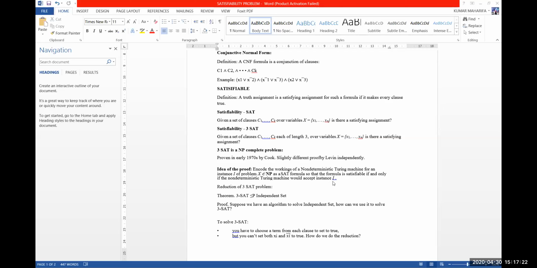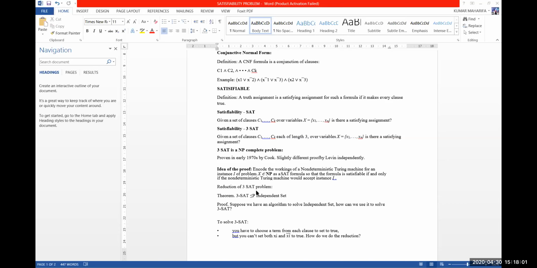Okay, so we are just going to take one particular CNF formula and express that in the form of a SAT formula, and we are going to check whether it is satisfiable or not. So remember, our aim is not to bring an instance. Instead, we have an instance. We are going to check whether that instance is satisfiable through this truth assignment or not. It is only verification. We are not going to generate the solution. We are just going to check whether this particular instance of the problem X is correct or satisfiable or not. Okay, so this will come under NP complete only.